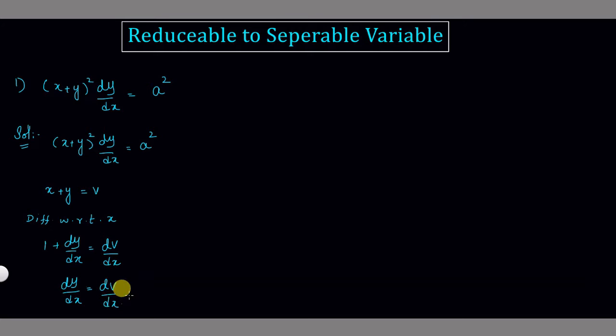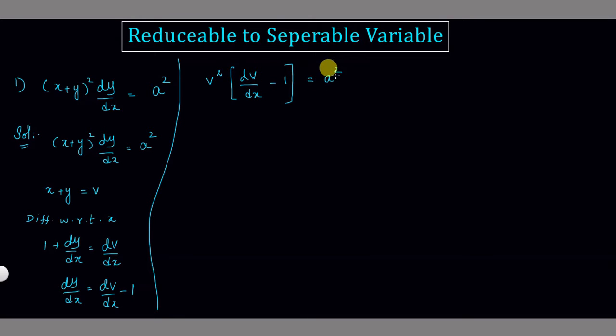Just get the value of dy over dx from here: dv over dx minus 1. Place this value of dy by dx in the original question and replace the variable. x plus y will be shifted to v, so it will be v square, and dy by dx will be dv over dx minus 1, which is equal to a square. Further simplification, we will get